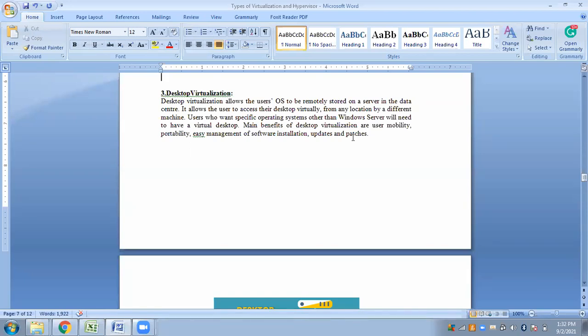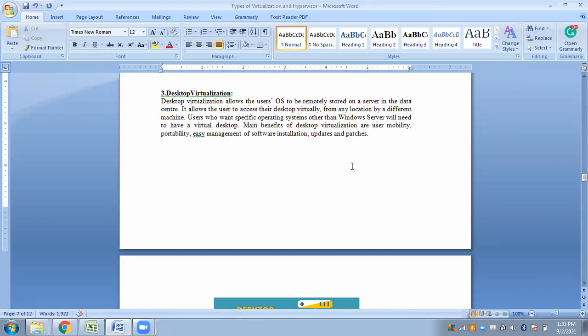Basically virtualized desktops are hosted on a remote central server, which could be a cluster of computers. Desktop virtualization will allow users to maintain the individual desktops on a single central server. So there can be multiple customers, multiple clients who have their own desktops.